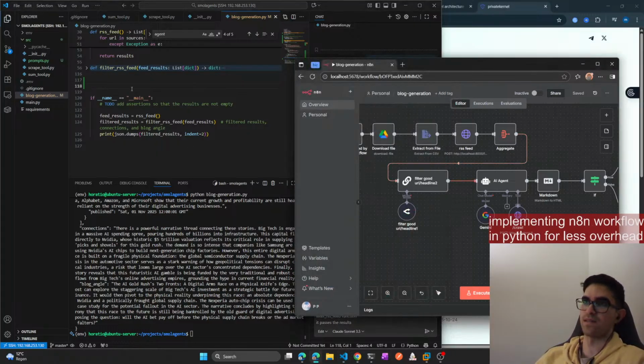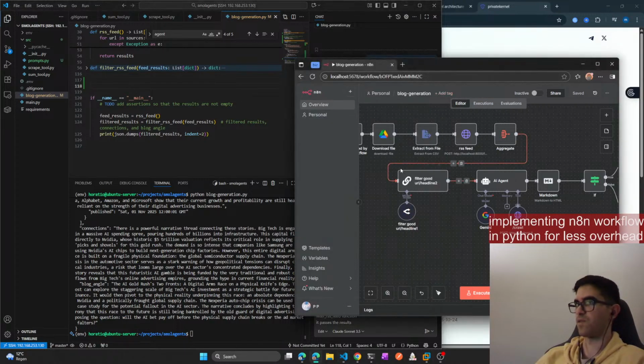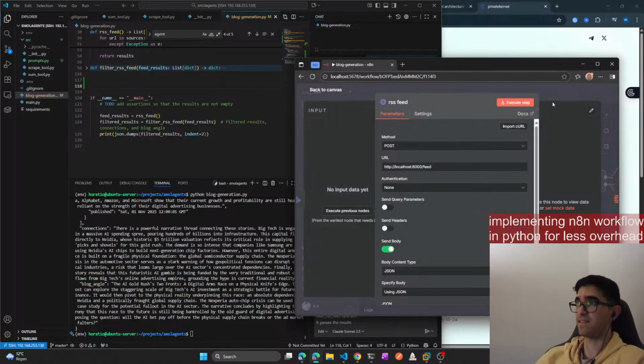But yeah, so at the moment, as you can see here, in this workflow there is this part for the RSS feed.